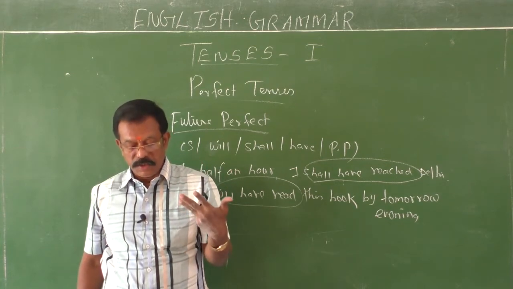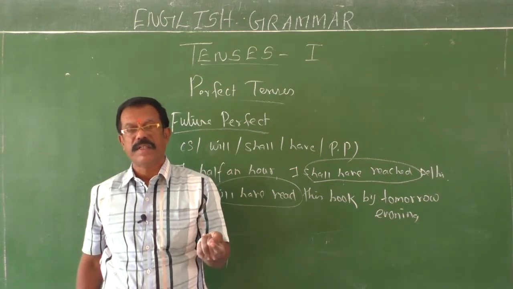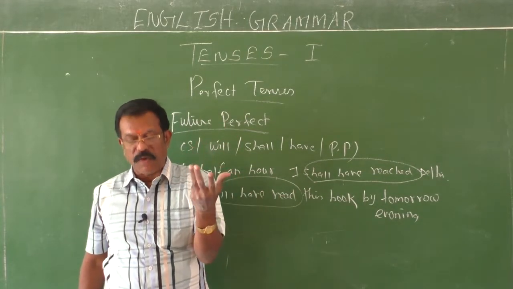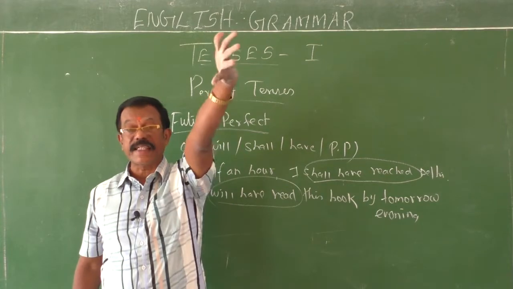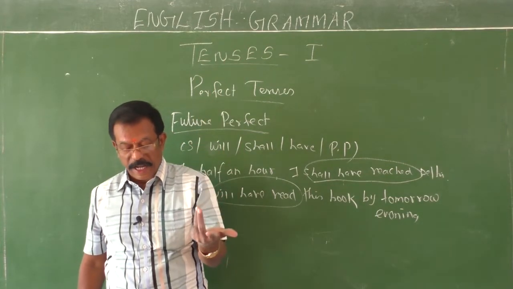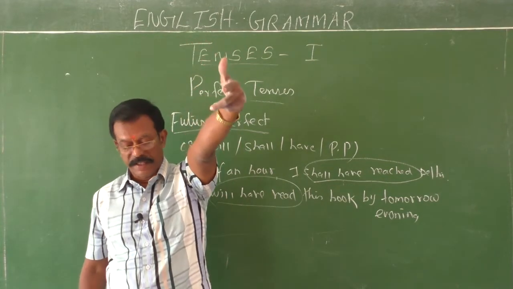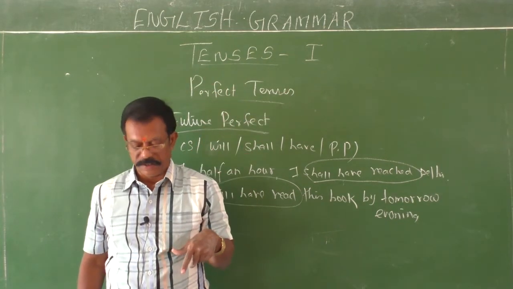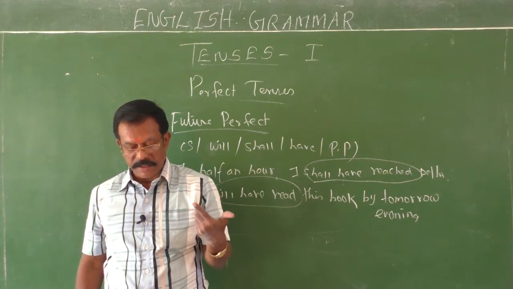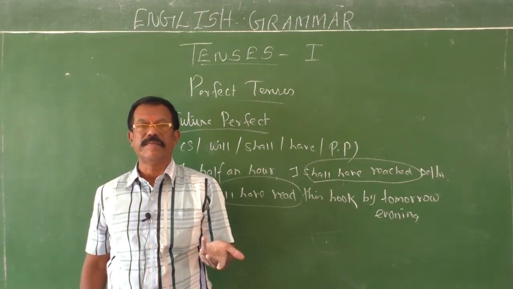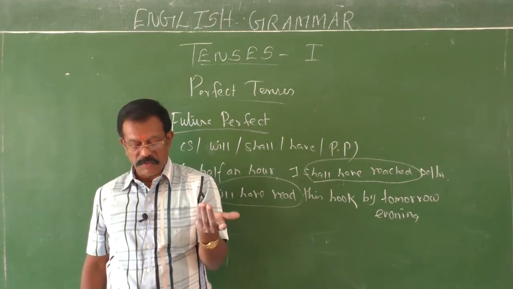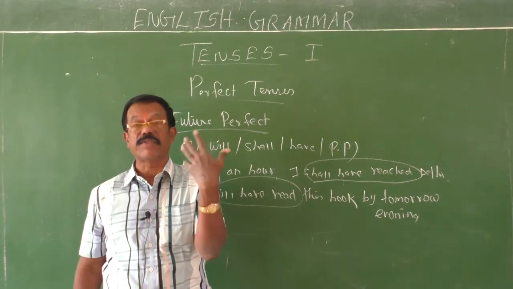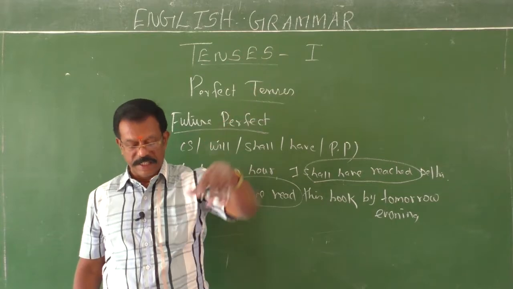See some more examples. It is used to express the speaker's belief. Sometimes we use this future perfect to express the speaker's belief. What belief? That something has happened. You will have read the news of his death. You believe that he is in a critical position, the patient. The match will have started before we reach the stadium. So you believe the match will have started. You believe that it has happened. The match will have started before we reach the stadium.